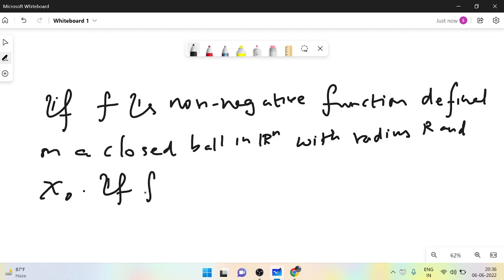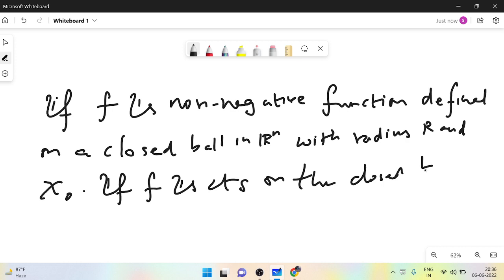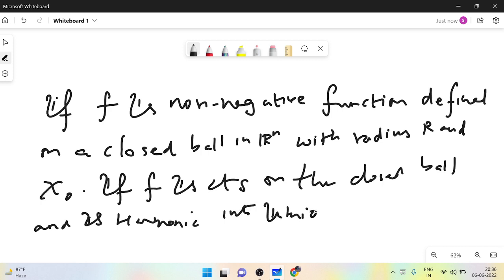If f is continuous on the closed ball and is harmonic in its interior, then for every point x,